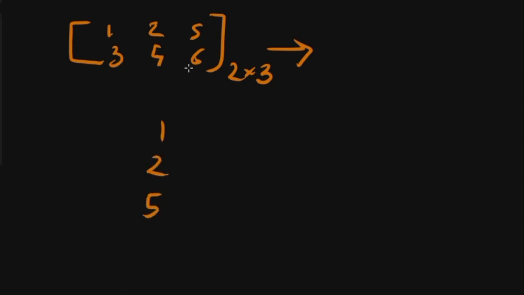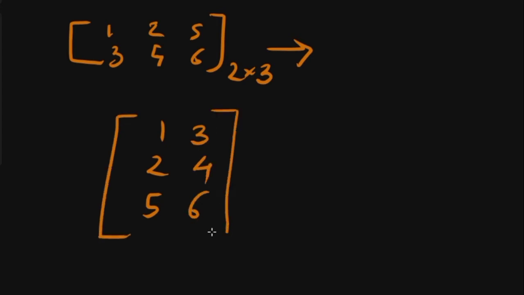Similarly 3 4 6 is also to be converted as column 3 4 6, and whichever new matrix we get is called the transpose of this matrix. So if this is A, this is the transpose of A, we call it A raised to power t. So basically here we have to convert each row into column,